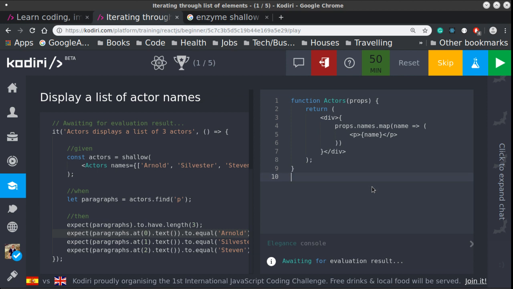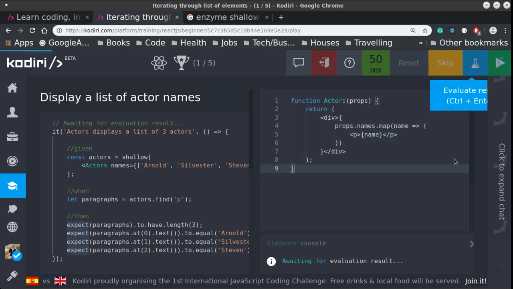So given is what's given. Yep, given is set up for you. When is the parameters. When is the scenario that we're considering in this case. Given's like the information. And then our expectations, our actual tests, our assertions. So if we run that, hopefully,